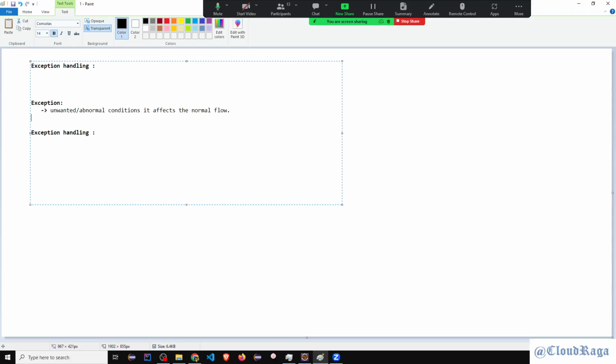And handling is what? Handling those conditions, as the term clearly says. Handling those abnormal conditions. Fine. So this is what we are going to do. And in exception handling, we have